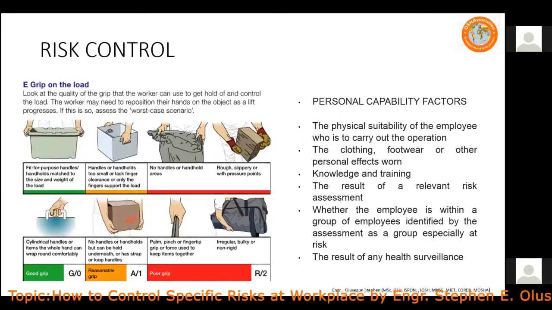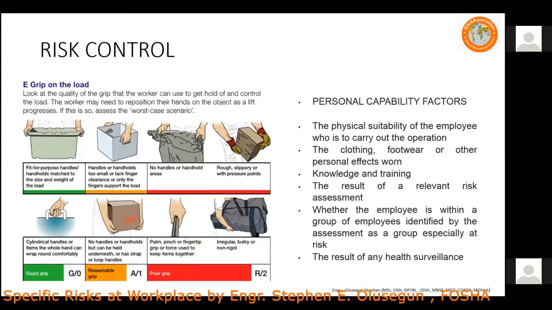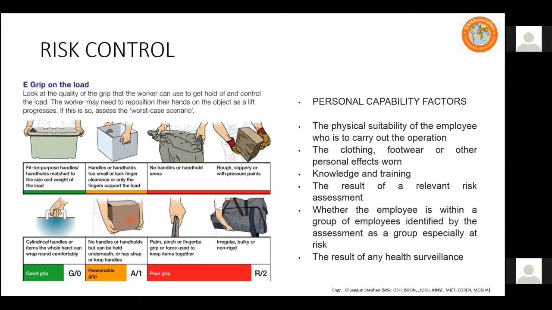In this place, it has something. It put the load inside there. Can carry it directly and gripping it. So there's no reasonable grip in this place. And then here is really struggling because it involves no grip at all, no opportunity to grip. There's a poor gripping. Anytime you are carrying a load and you don't have a good grip on it,